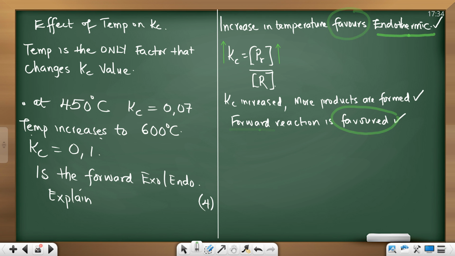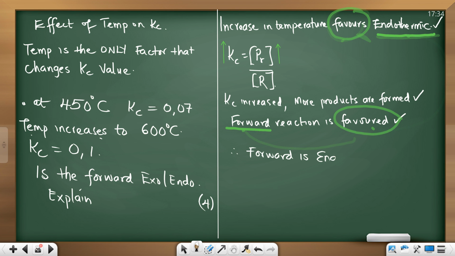Which reaction is favored? Forward. Which reaction is favored? Endo. So can we combine both? Endo is forward, because both of them are favored. Favors, endo, forward, favored. Therefore, and that's my final mark, therefore, my forward